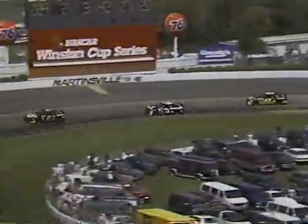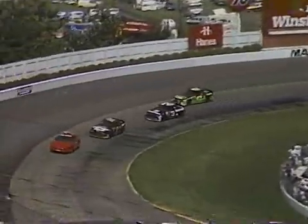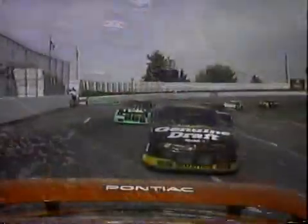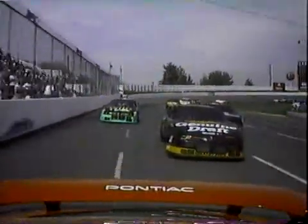Dale Earnhardt insists that he should go in behind Rusty and not behind Kyle. And I agree, because as Dale accelerated out of the pits, he hit the line before Kyle Petty did. Are they talking about that yellow line at the end of pit road? Yes. Is that the line they're talking about? Yes, okay. I believe so. And Dale did cross that stripe before Kyle got there. Well, they're going to discuss it, and we'll tell you who wins the argument when we come back to Martinsville,